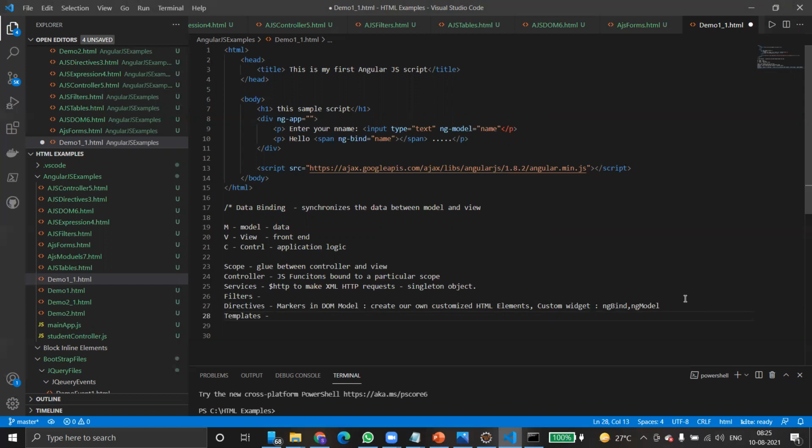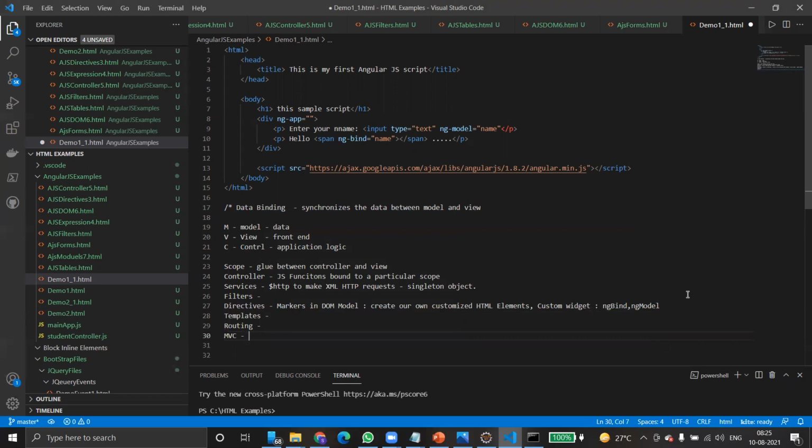Then coming to routing, another very important component. What is routing? It is very useful for switching views from one view to another in AngularJS. Coming to model view controller, MVC.